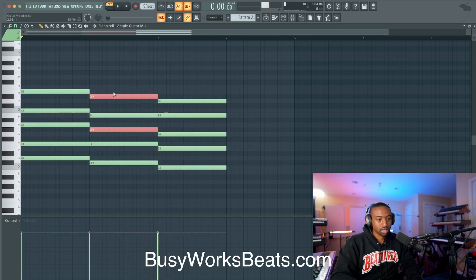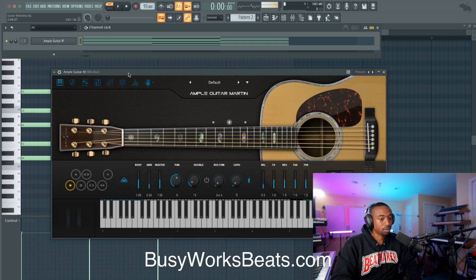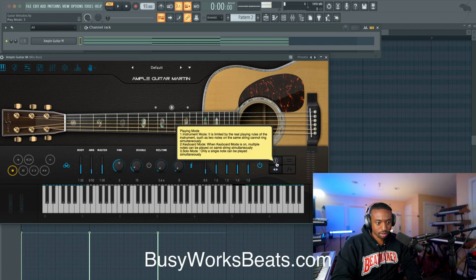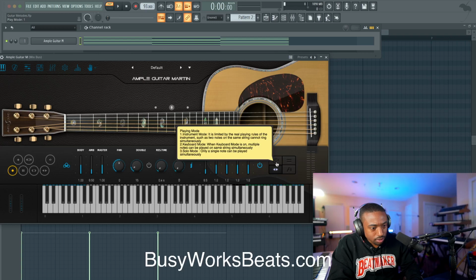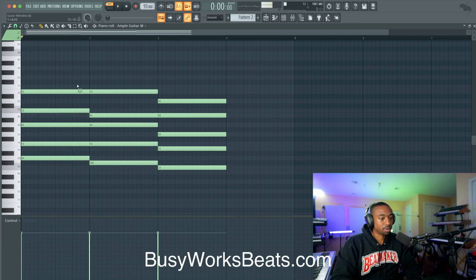Okay, now I'm gonna move some notes around. It's called an altered chord now. And this guitar revoices, so what I need to do is go inside the plugin and turn off any revoicing settings. So right here, they have a keyboard style. And one says instrument mode. Okay, keyboard mode is on mode 2. So this is preventing me from playing this chord here.